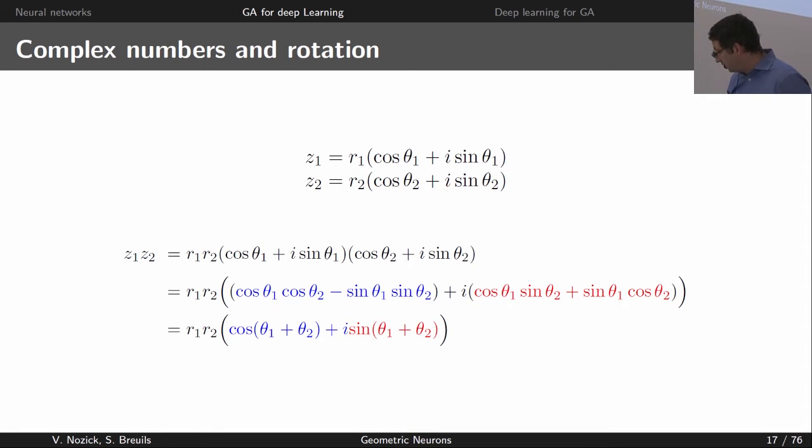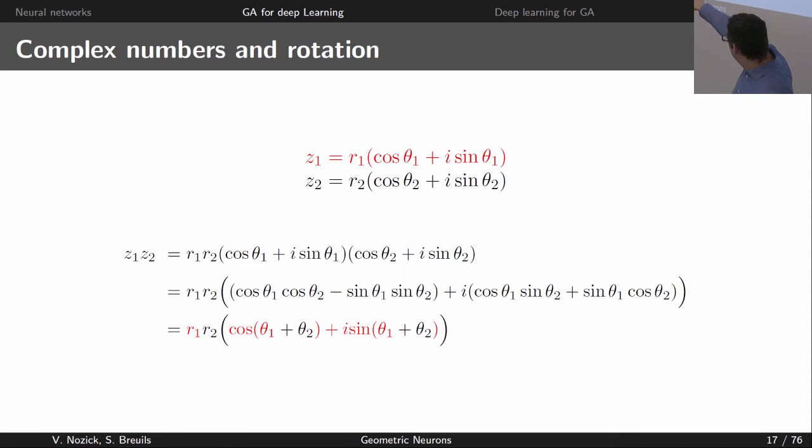And in the last line we can recognize that we have the z1 in red plus something, and this something is actually a rotation of the angle. The angle has theta 2 added in the two terms. So it means that we actually rotate, not by 19 degrees, we rotate by theta 2. So that's nice.